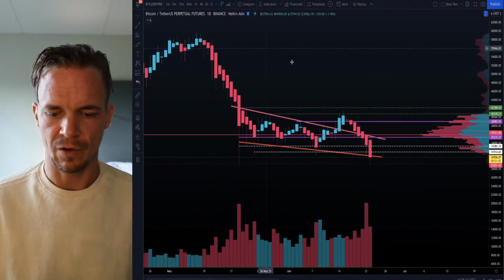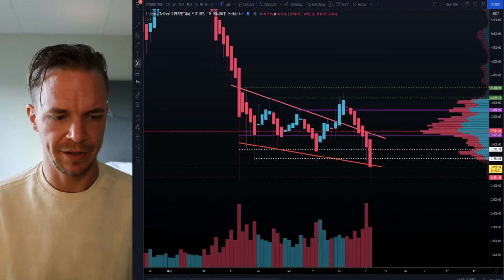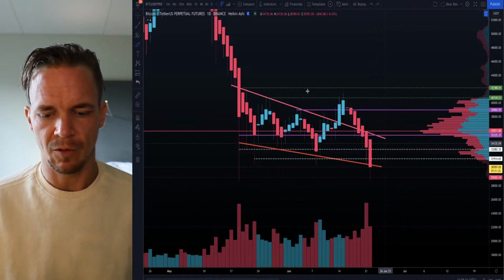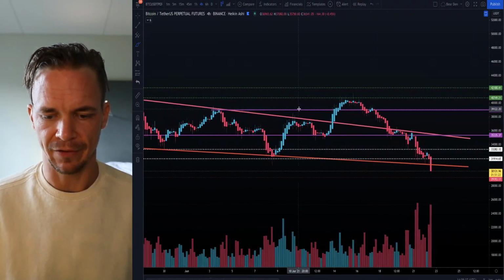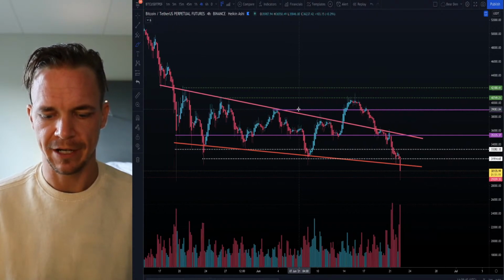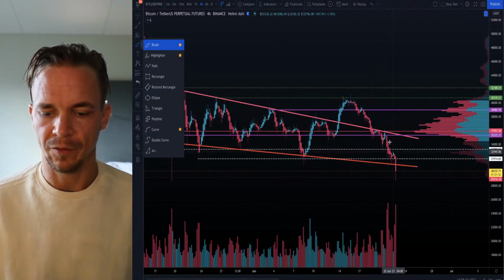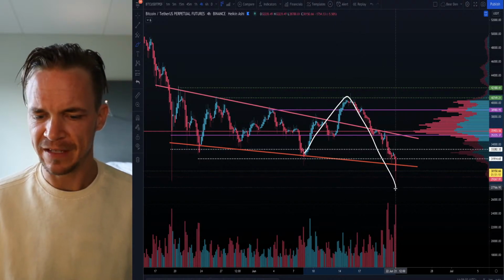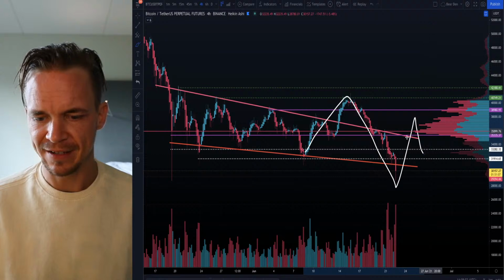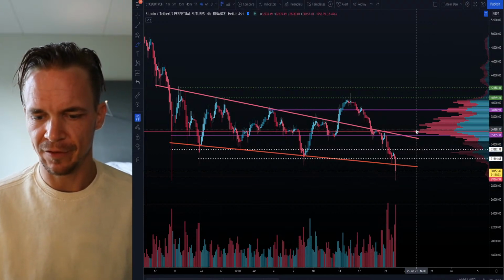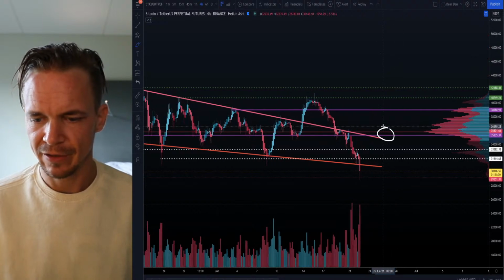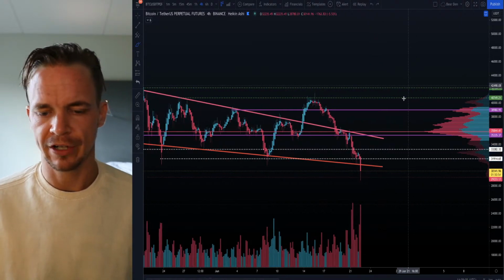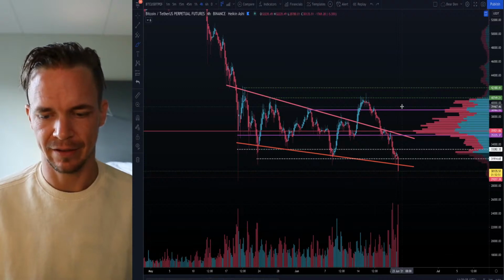So when we go back to Bitcoin, one of the things we've been watching is the potential for this to be a reaccumulation chart, where this would be the spring today and we would move back up. Now, what we want to keep a really close eye on are the final levels here. So we've been following this trading range for almost a month now. What's interesting is you had a break above the falling wedge and now a break below. And we've seen that before, where it will break below and it'll break above, and the next areas are the most important. So for instance, if this purple and red line here at 36,000, if we do not recover above and move higher, we're going to continue down lower,